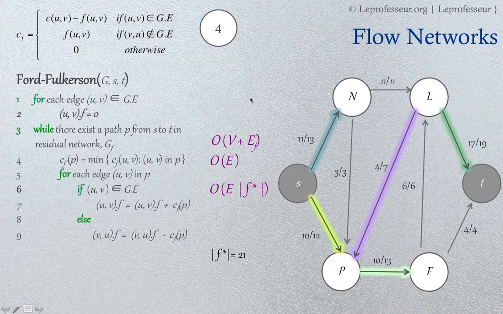So as we already know, the Ford-Fulkerson method, we call it a method basically. What it does is it finds a path from source to destination in our flow graph, in the residual flow graph to be precise, and the complexity was in the order of V plus E,